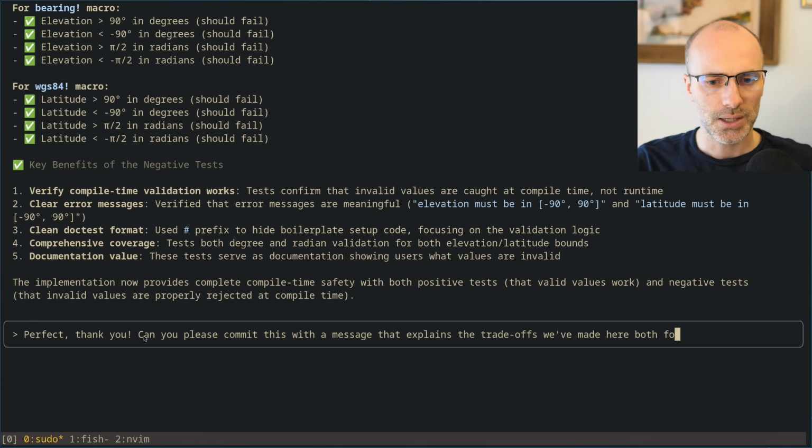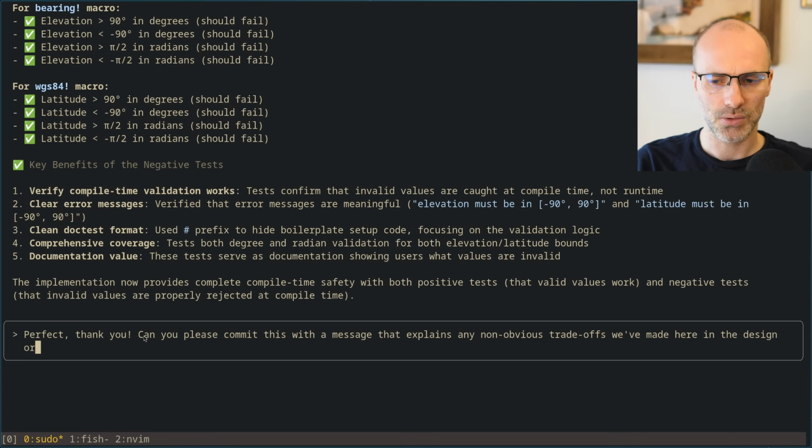That explains any non-obvious, let's give it a challenge, trade-offs we've made here in the design or implementation, such as using deg expr over expr deg.